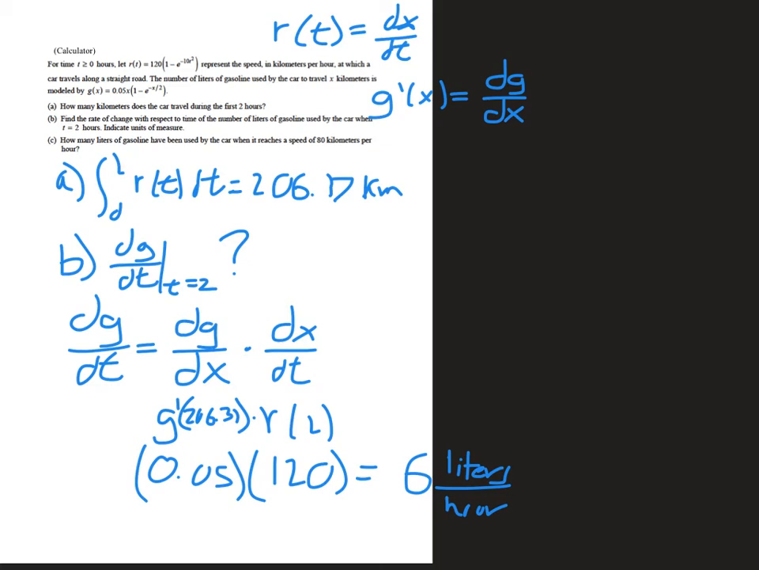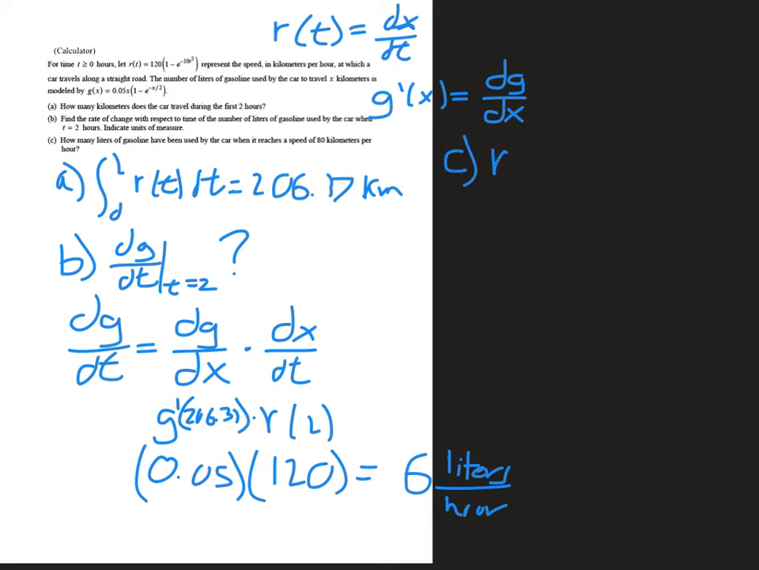Part C has some more unit fun here. How many liters of gasoline have been used by the car when it reaches a speed of 80 kilometers per hour? Well, they want to know how many liters of gas. So I would like to just be able to plug in some value of x to g. But x represents the number of kilometers driven. What they gave me was a rate. So I have a function for the rate. So what I have to do for part C